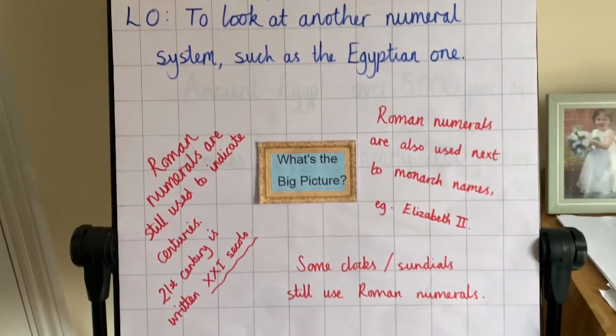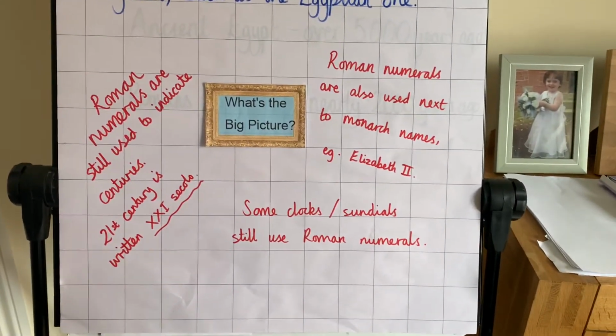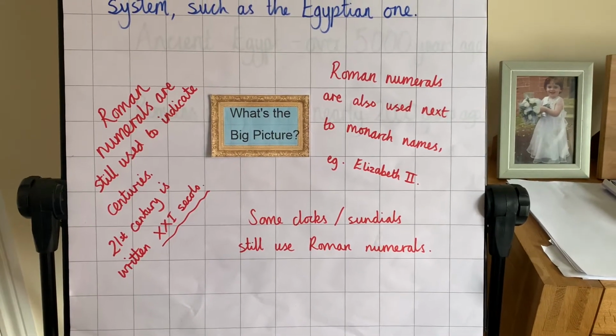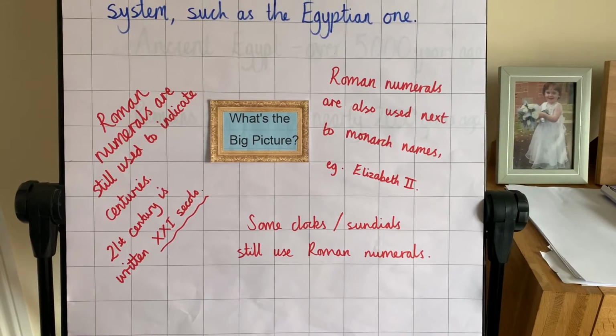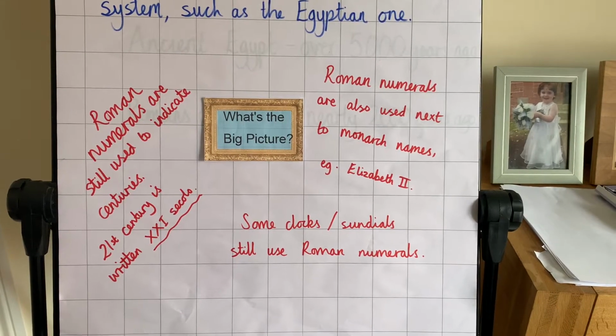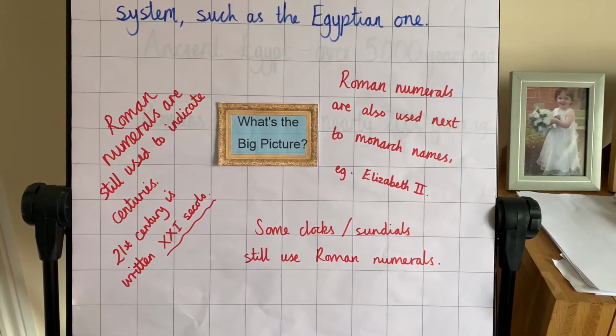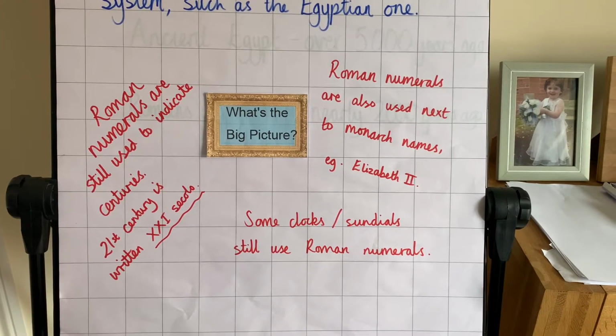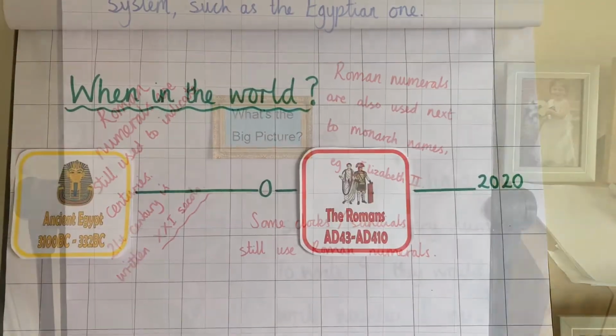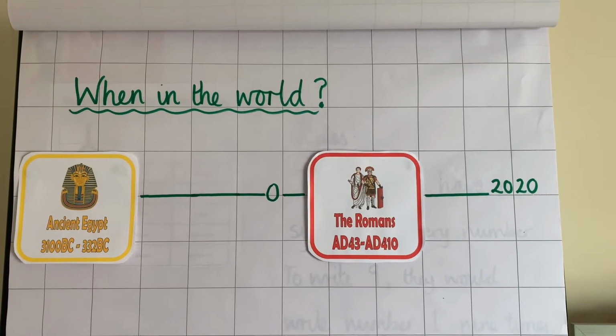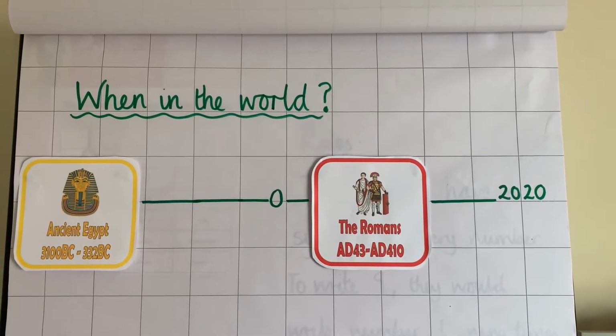Okay, what's the big picture? Why are we doing this? Well, Roman numerals are still used today for lots of different things. They're used for monarch names like Elizabeth II. They're used at the end of films for the year or to tell us the century. And they're also used in some clocks and sundials still. So it's worth knowing. As we're going to be looking at the ancient Egyptian numeral system and the Roman numeral system